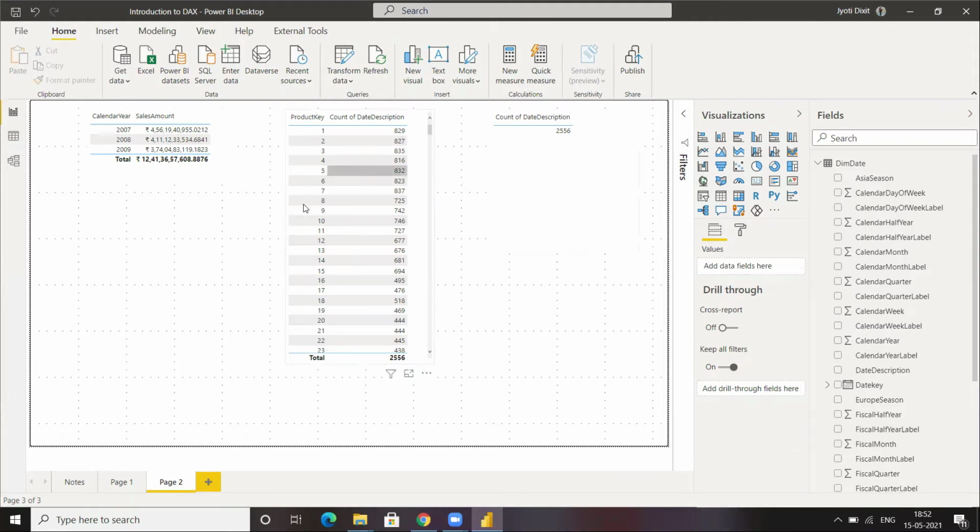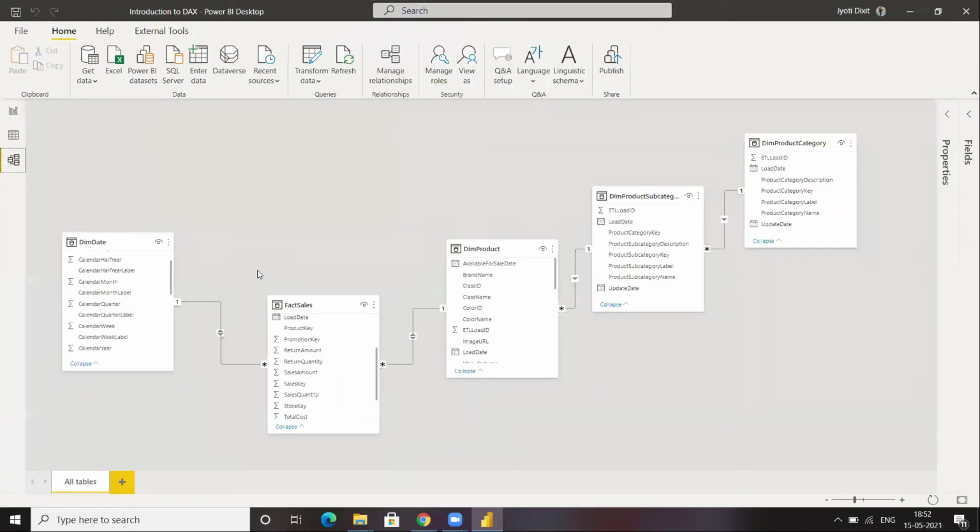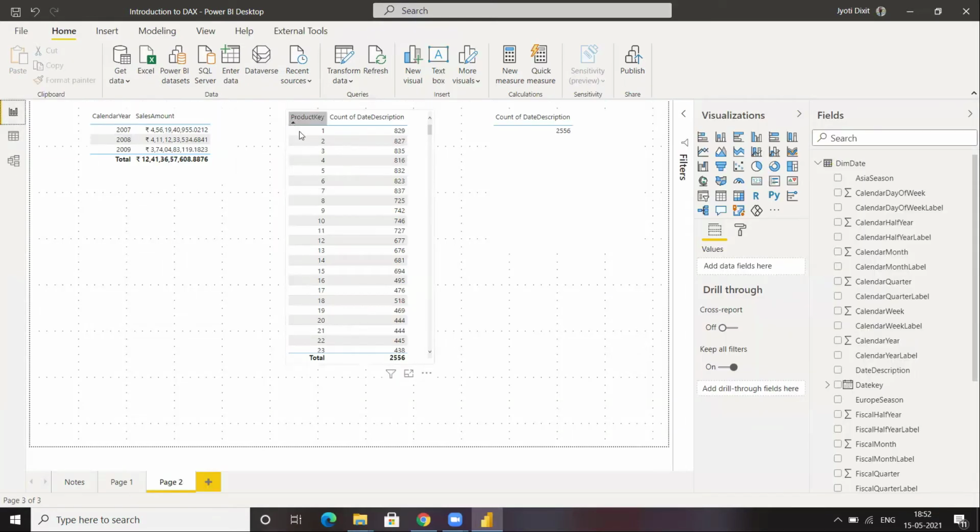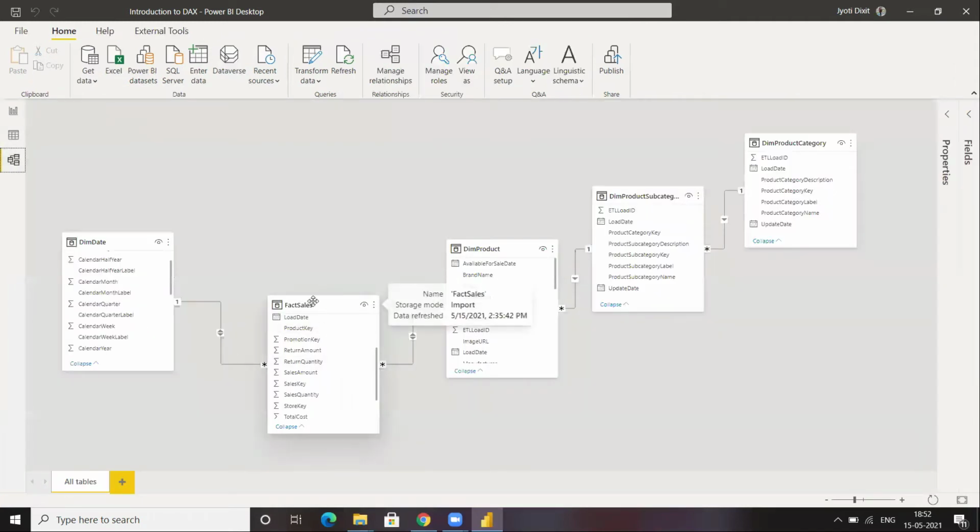So now the results are coming out to be different, because what is going on currently is that if I talk about product key one, for instance, it is going to collect first of all the rows in fact sales corresponding to product key one.